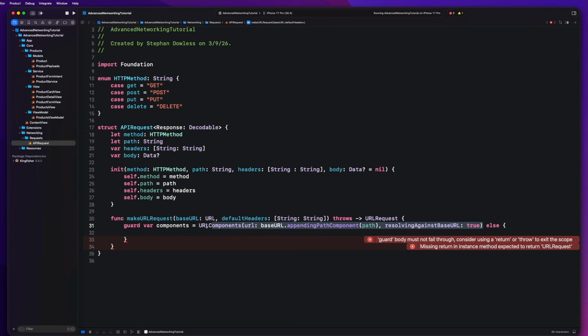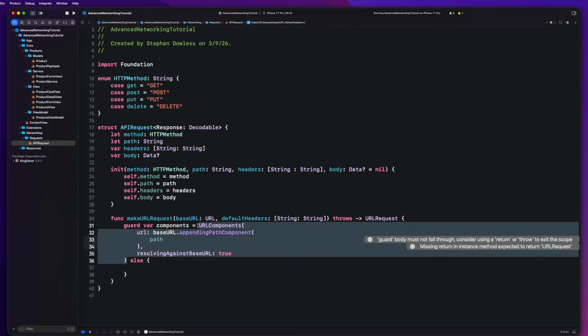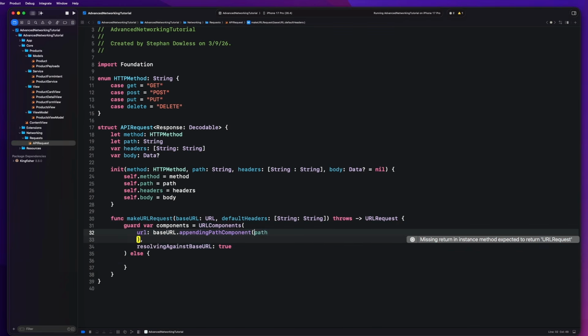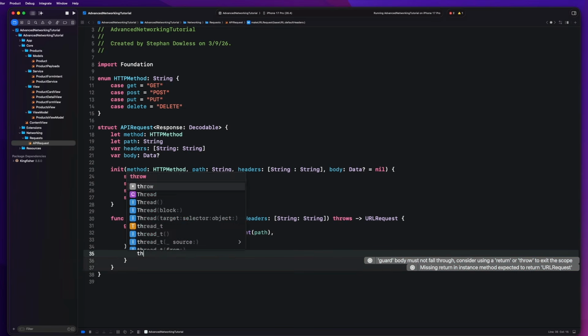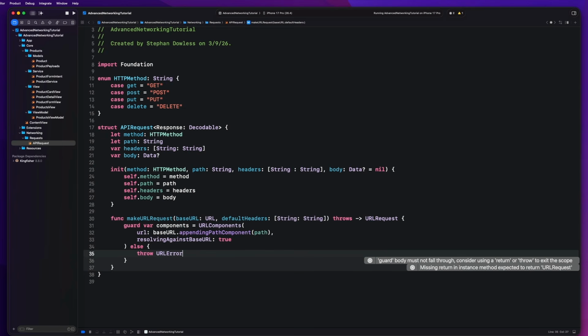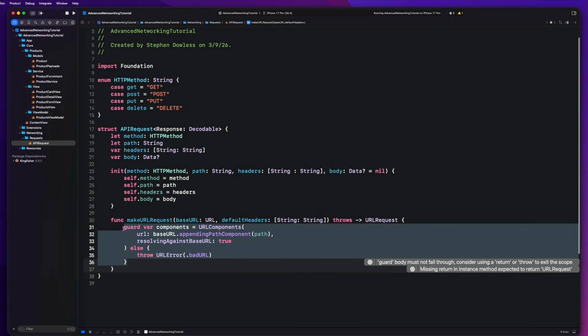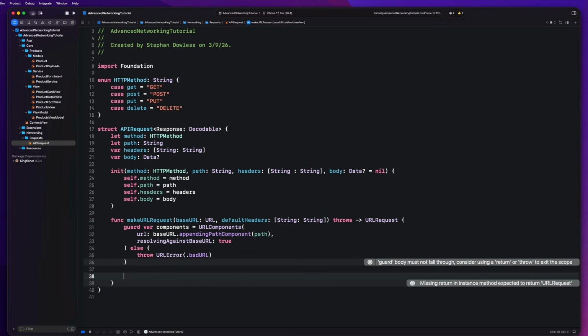So let me actually highlight this and hit Control M to clean that up. And then guys, if that fails, we can simply throw a URL error. So we're going to say throw URL error dot bad URL. Okay, so we have our components, right? So next up, guys,